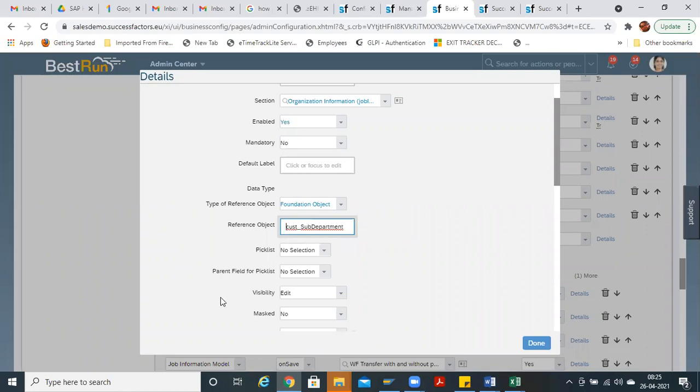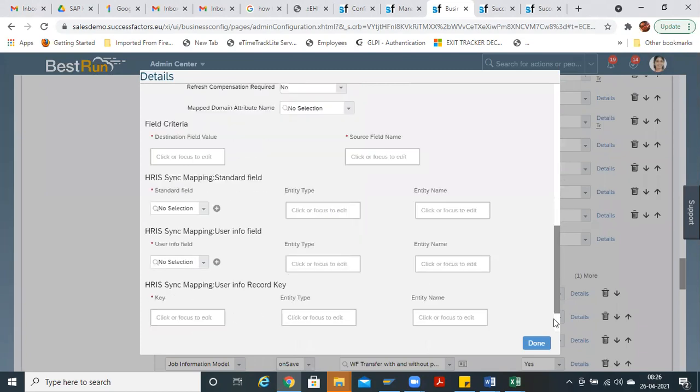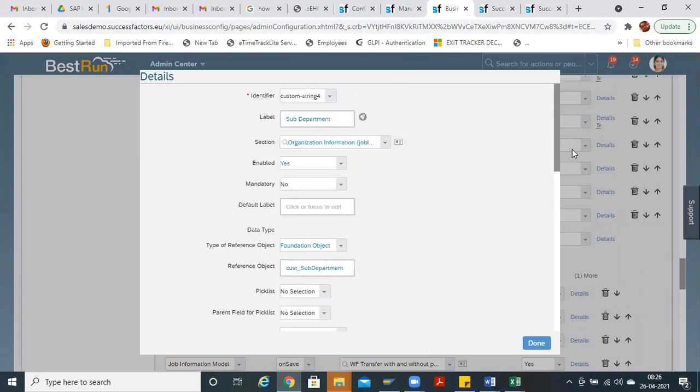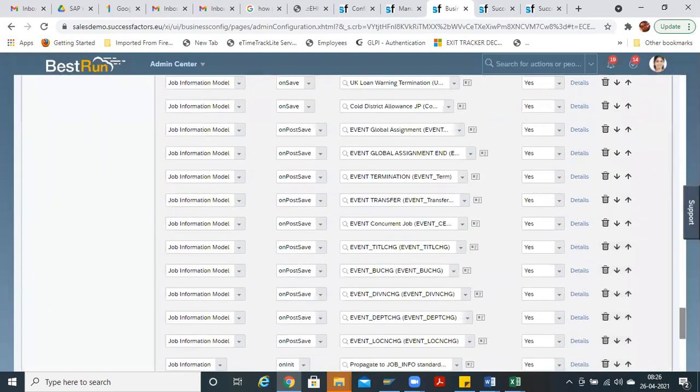So you are just instructing the system: you have to take this sub department which we have created in the configure object definition, and this code is there. This should be foundation. So likewise, do you get the linking and all? Like that you have to mention it and just make it done, and come here and save it.